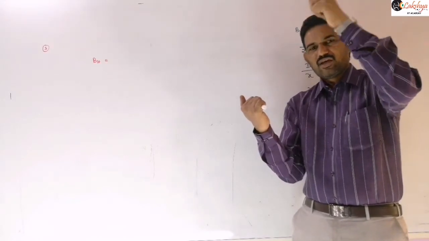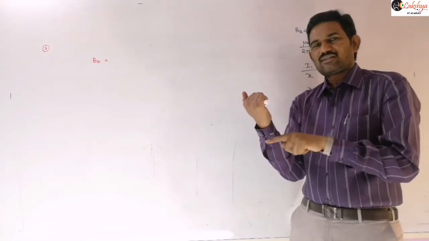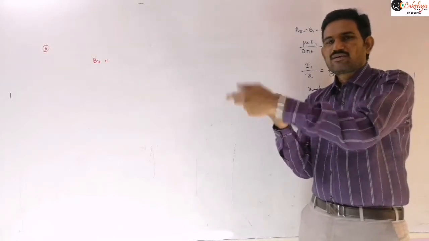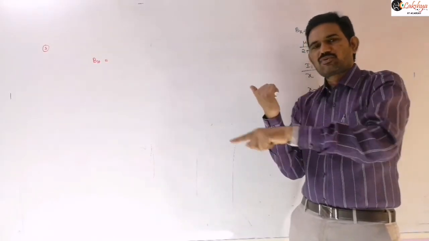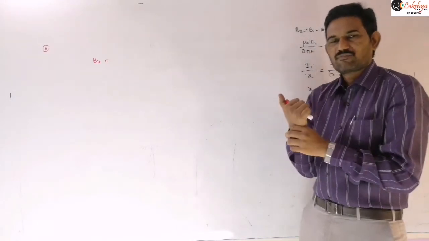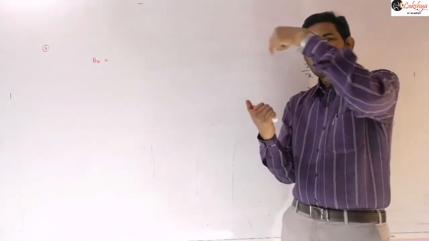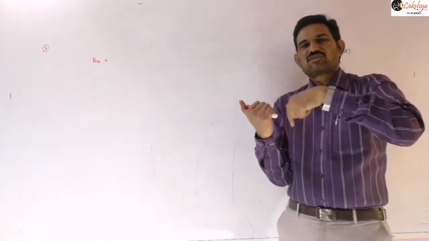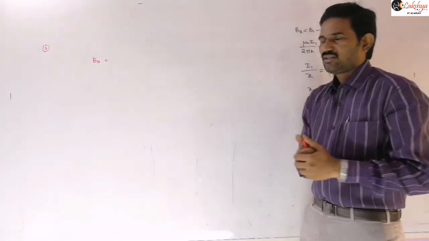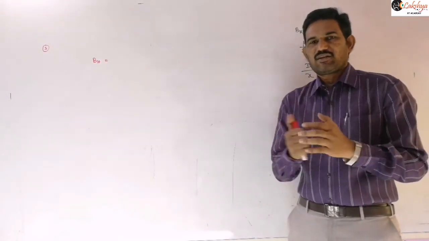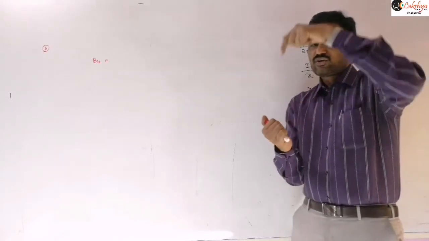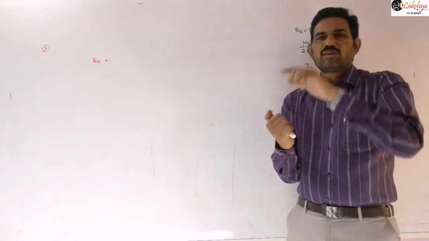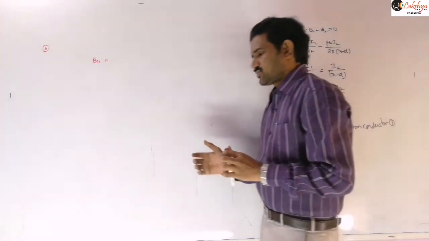Is it clear? Whereas if you take a point below the conductor, both will be in the same direction. BH is along this direction, and the conductor also produces the magnetic field in the same direction there. And if you take a point along east, that means on the north or south side of the conductor, then BH and B will be perpendicular. So the neutral point is obtained above the conductor. So mention that.